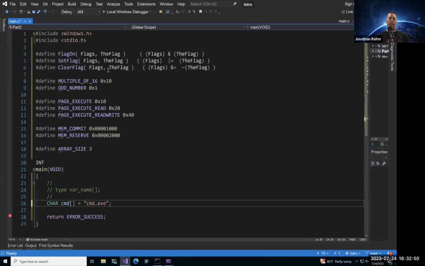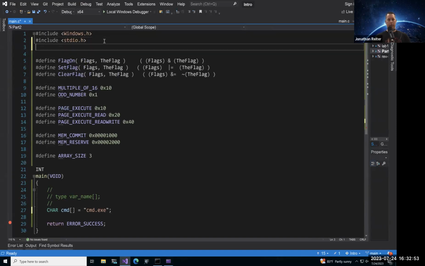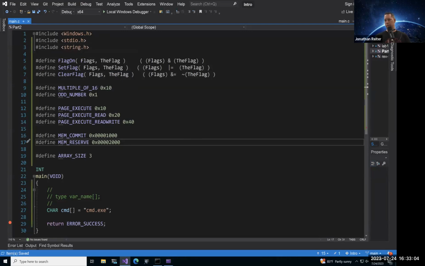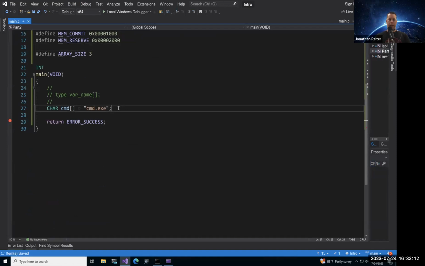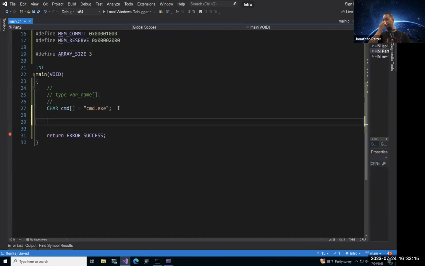So let's go ahead and bring in the string header file. Go up to the top and include string.h. Okay, cool. Since that brought forth a few functions, let's see what we got here. The first one is strlen. Just type in strlen and your parentheses, and then get your mouse over strlen and do a hover.